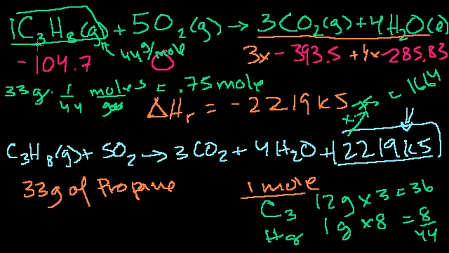So if I were to give you 1 mole of propane and I were to combust it with enough oxygen, I'll produce 2200 kilojoules that's released from the system. So this side of the system has less energy left over. But if I were to only give you 33 grams, which is 3/4 of a mole, then you're going to release roughly 1600 kilojoules. Anyway, hopefully you found